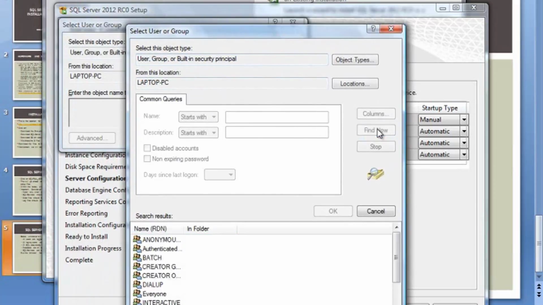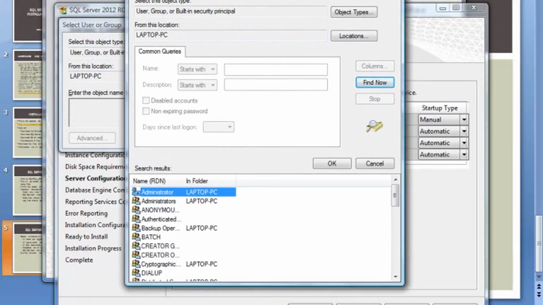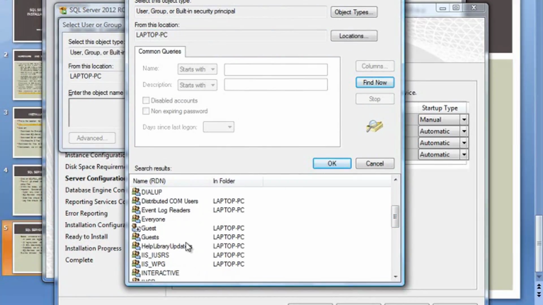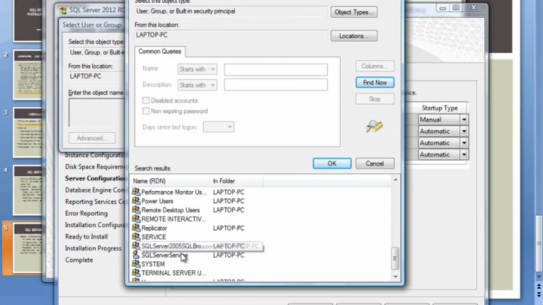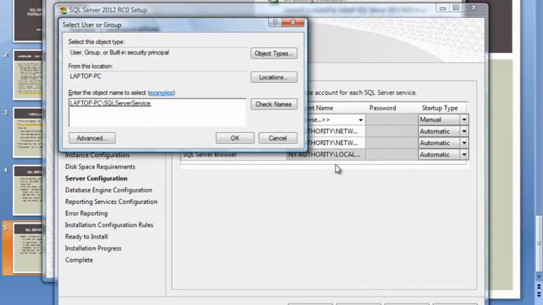I actually have an account that I set up to run this service, and let me look at the list. And here is the account that I set up. It's called SQL Server Service. Okay, and I will select OK,